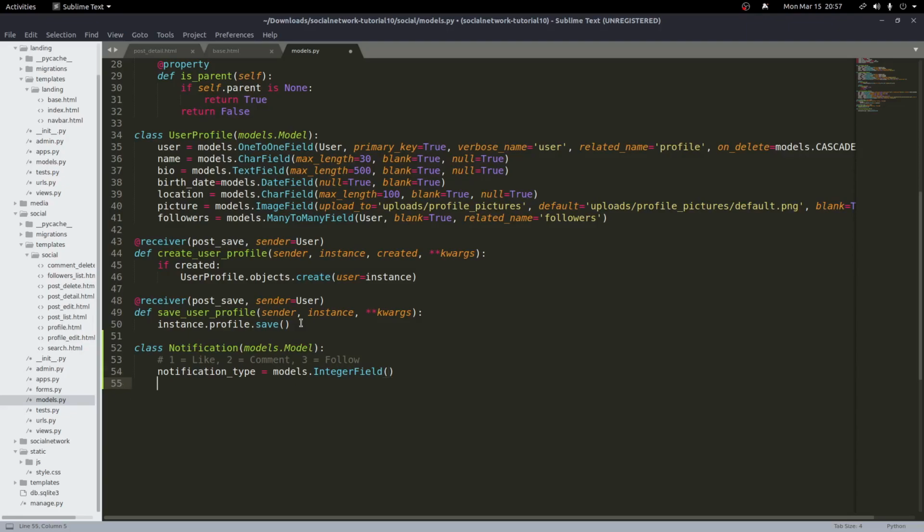And below this, we want to also hold 2 user foreign keys. The first one will be the to user, which is who we're sending this notification to. And next will be a from user, which will be who it's being sent from. So to_user will equal models.ForeignKey, User, and related_name equals notification